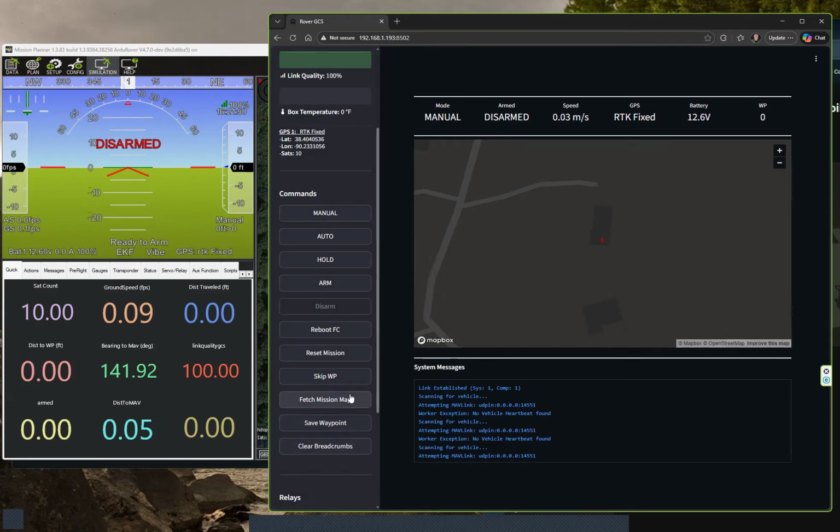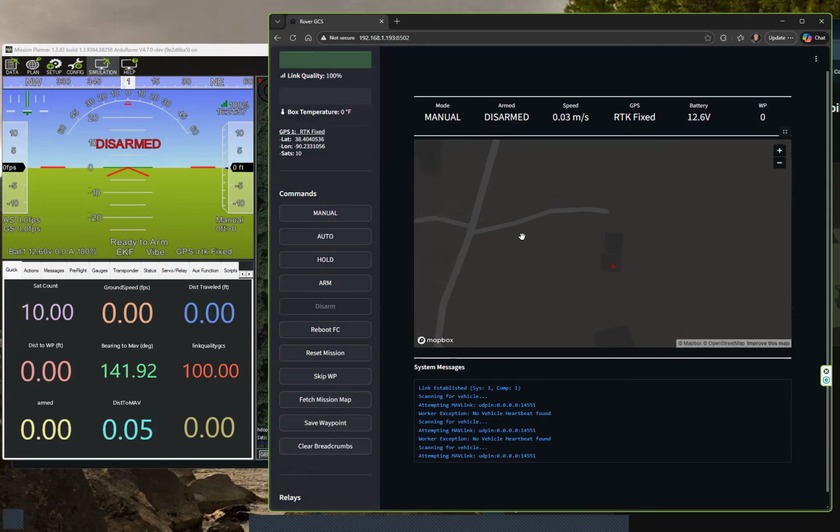All that does is download the waypoints that are loaded on the flight controller so that you can see a map of the mission and then track the progress on the screen. The other thing too is that there's a save waypoint feature here. If you're using it with your phone, rather than having to program your remote, you could just hit this button,